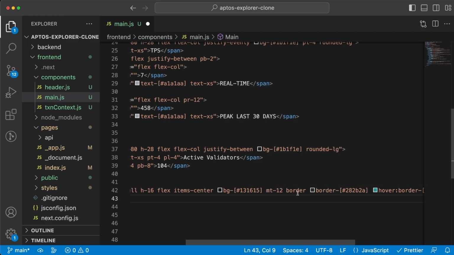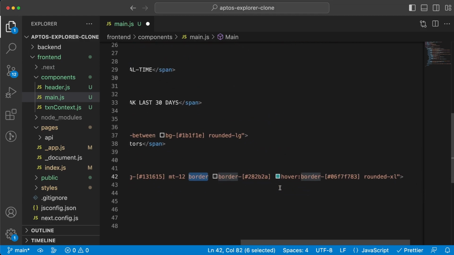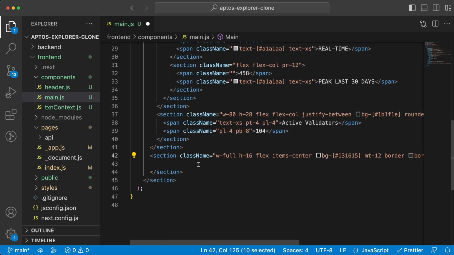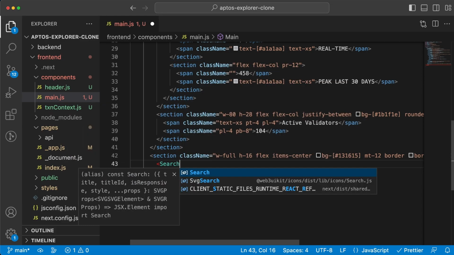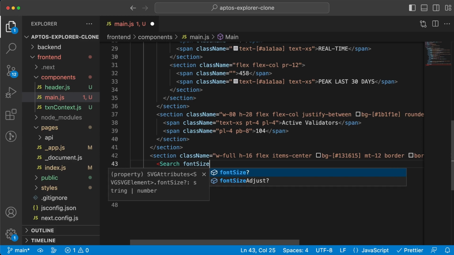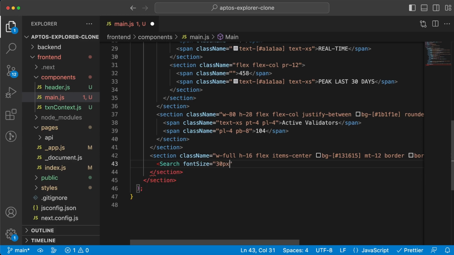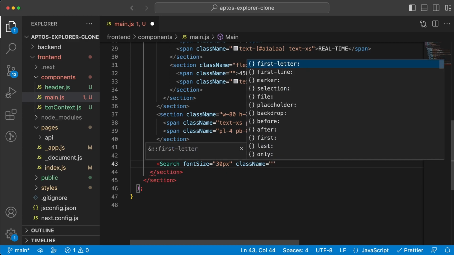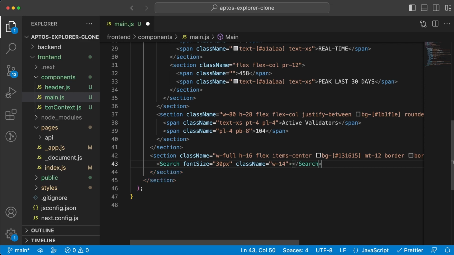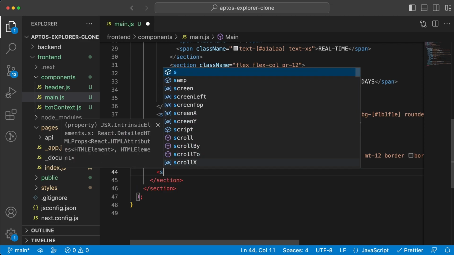We have margin top. We're adding the border with this keyword right here, and then we're adding rounded corners. So this is radius, basically. We're adding XL, extra large, for the rounded corners. And then within this section, we're gonna need to render this search icon we imported earlier. We're gonna add the size to 30 pixels. Let's add width 14 as some styling as well. This is gonna be a self-closing one like so, and then we need to have an